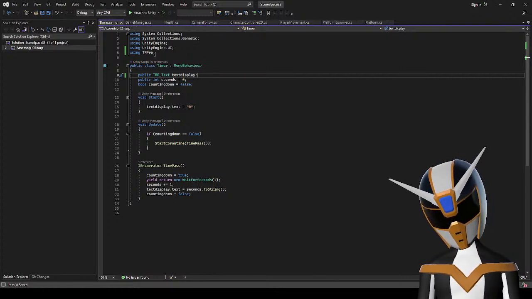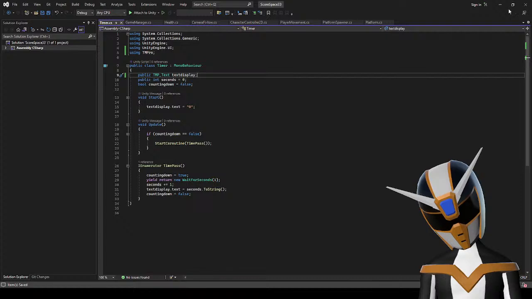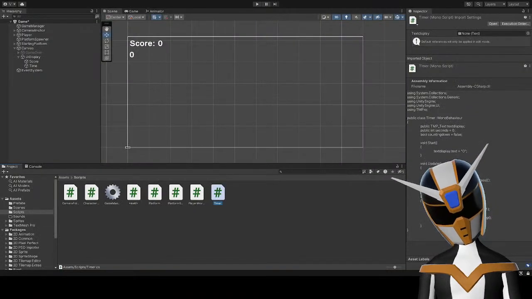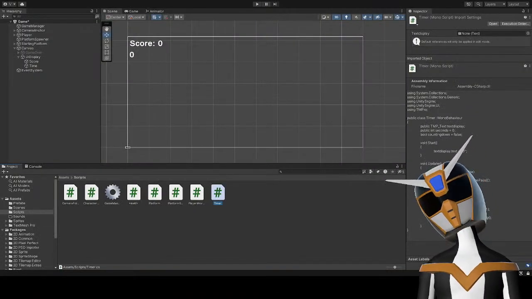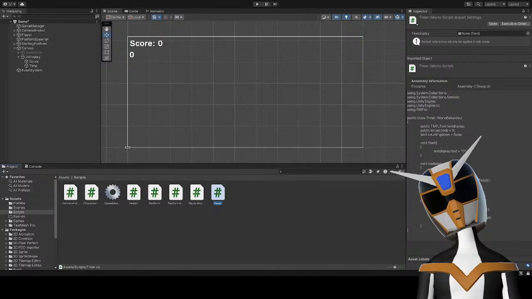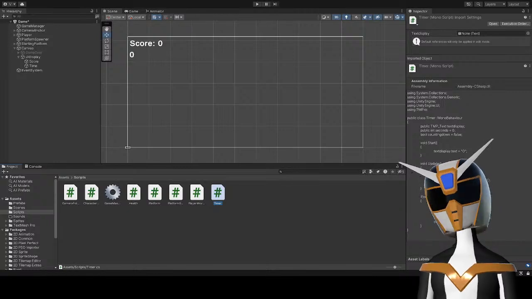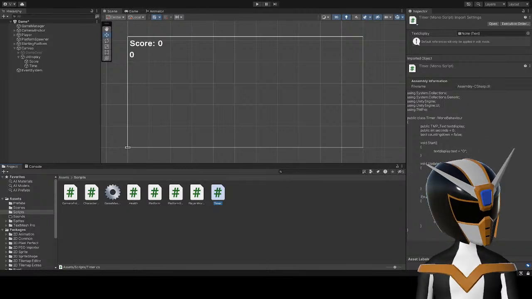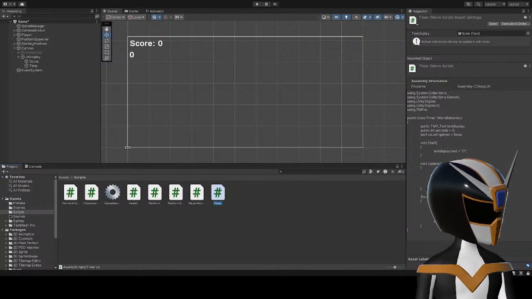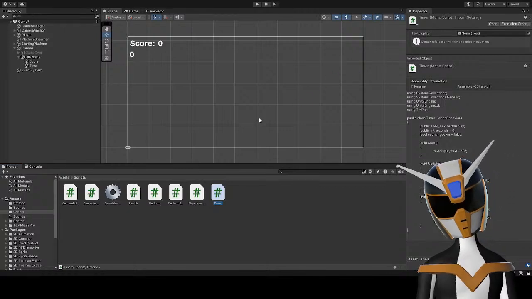All right, I might use a different kind of text script at some point that uses float instead of an integer, or I could just convert the float to an integer. I don't know. I'm not sure. I'm gonna do one of those two things.